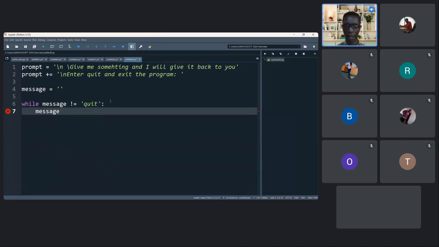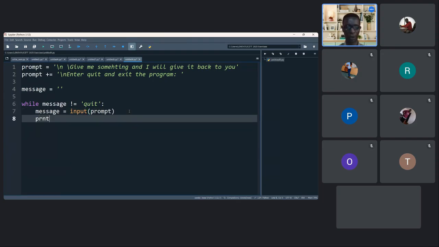Let's ask the user to give us the message, as input, because it's not an integer. This function normally just takes a string, and we have prompt. Okay, and then we just print